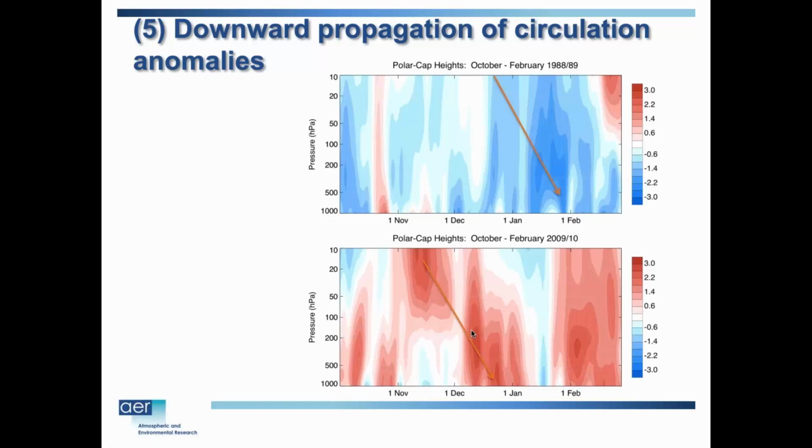At least from these two examples I'm showing here. So again, in 1989, you have low snow cover, weak Siberian high, less polar heat transport, a stronger polar vortex, characterized by low pressure, and then that propagates down to the surface. In 2010, you have high snow cover, strong Siberian high, increased polar heat transport, a weaker polar vortex, and rising heights or pressures over the Arctic region that first start out in the stratosphere and propagate down to the surface.